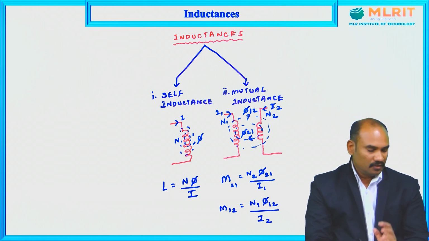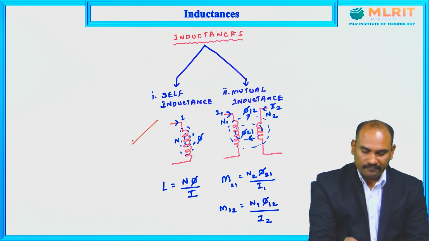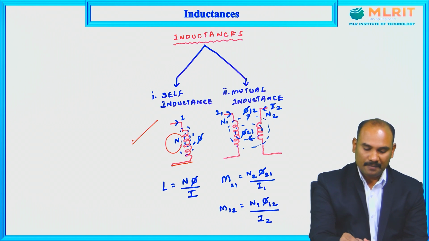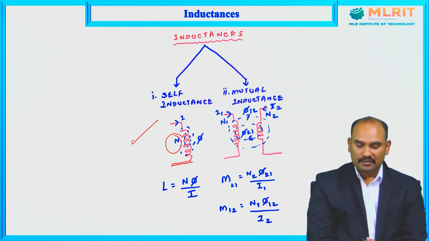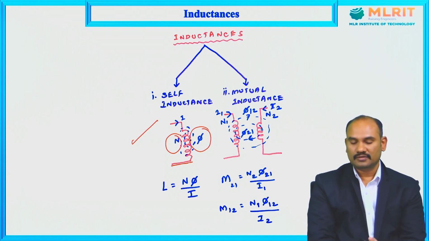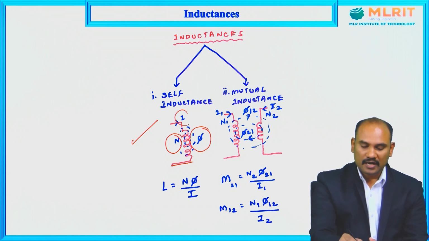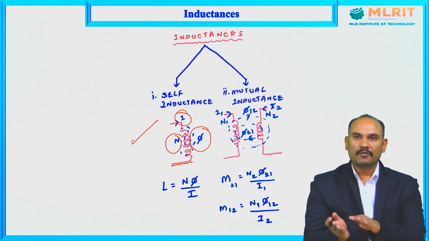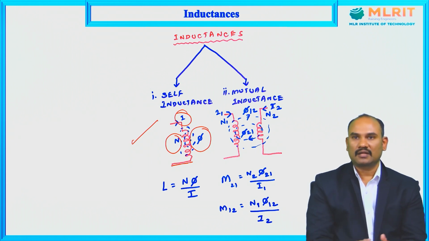Okay. So now, here we have in red color, I have used a conductor which is in the form of a coil. Let us say the number of turns are capital N and I have used phi. Phi is the magnetic flux which is equivalent to the magnetic field that is being produced. Now this is due to the current I that is flowing in this, because if there is no flow of current, there won't be any magnetic field produced. If there is no magnetic field produced, there is no question of the amount of magnetic field that is linking to the conductor. All this does not exist.